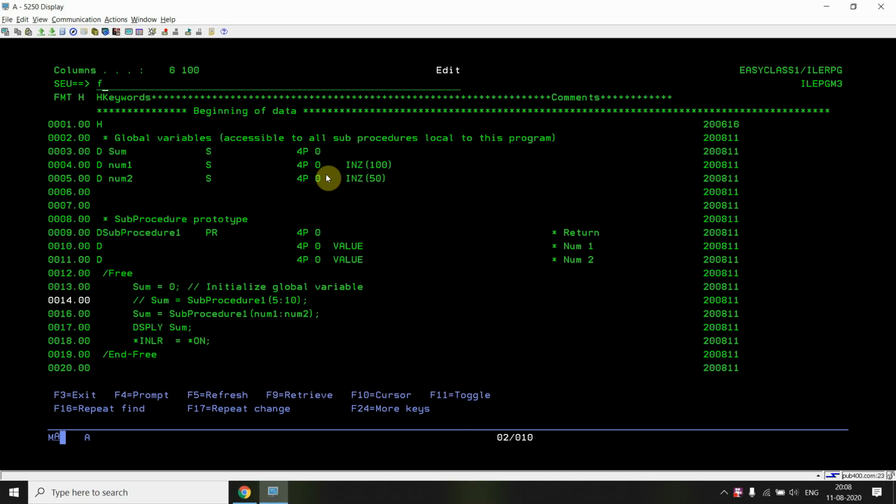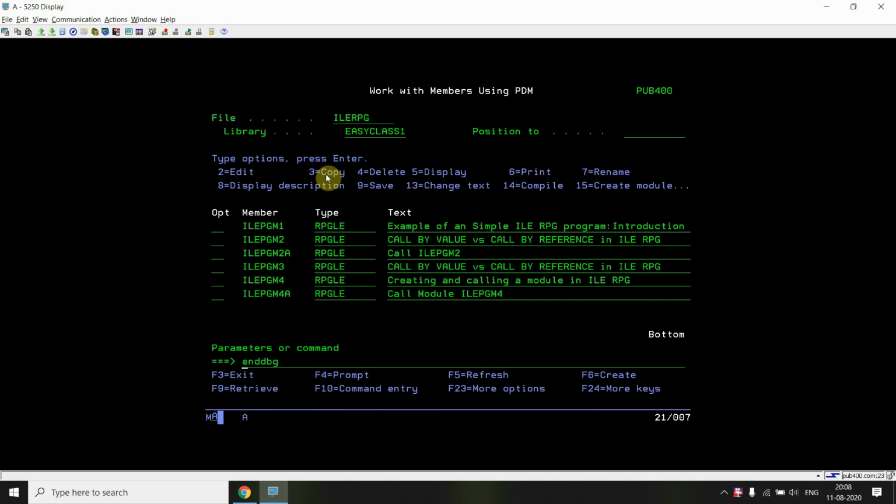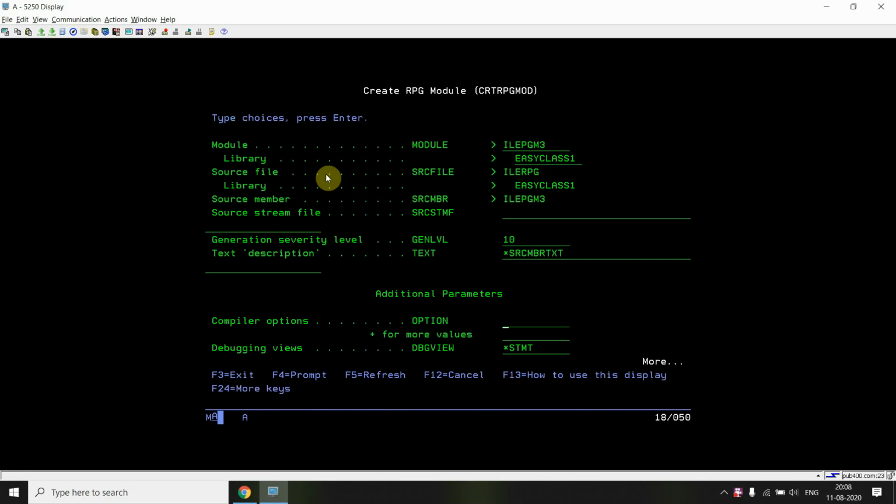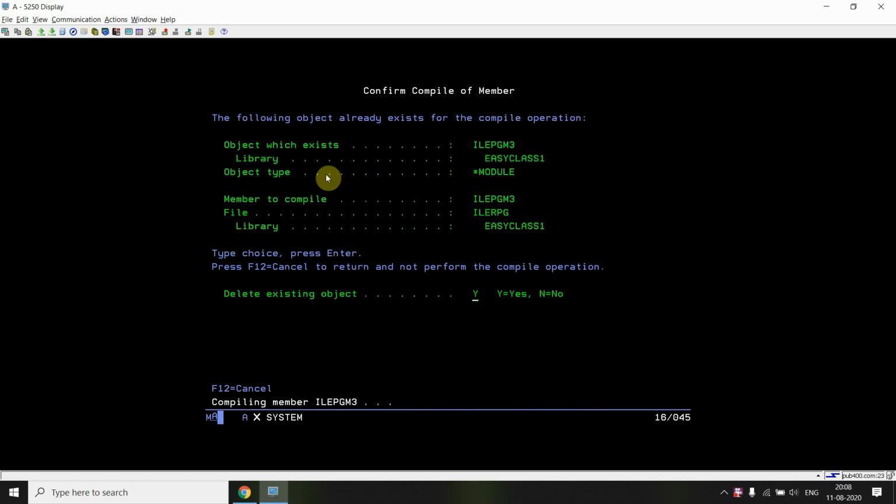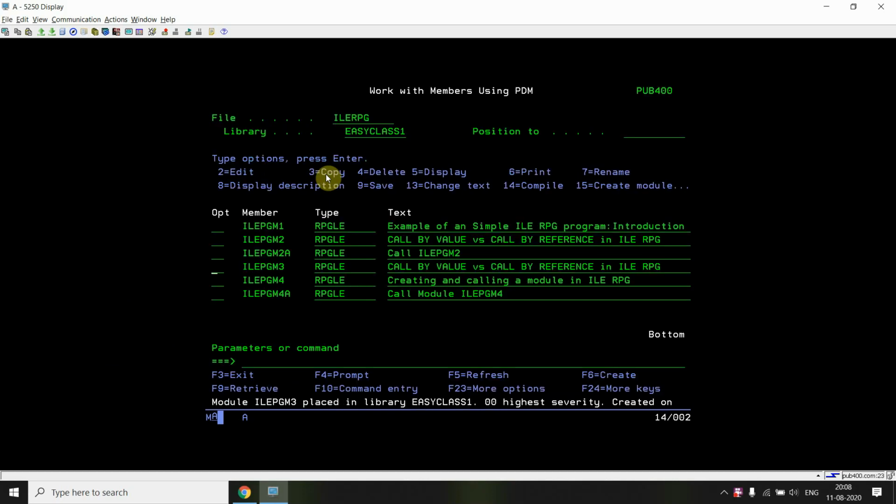Just remove this line. Compile this again, and debug.